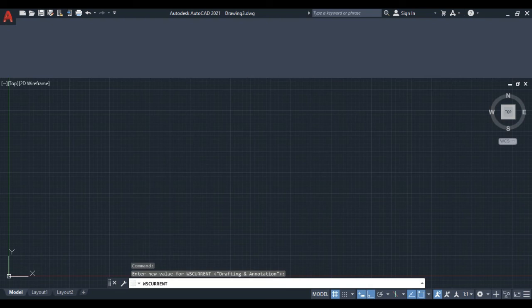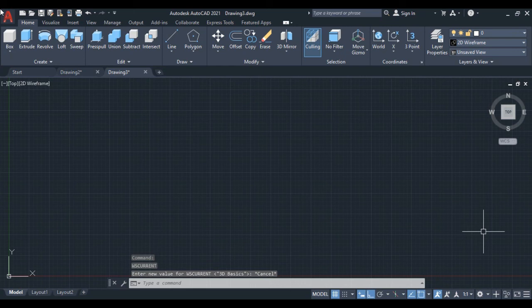New commands will be added, meaning the 3D tools will be available. This is called the 3D basics interface.